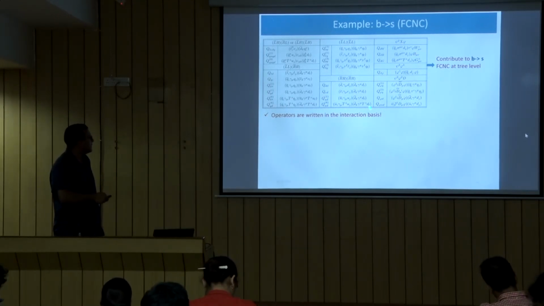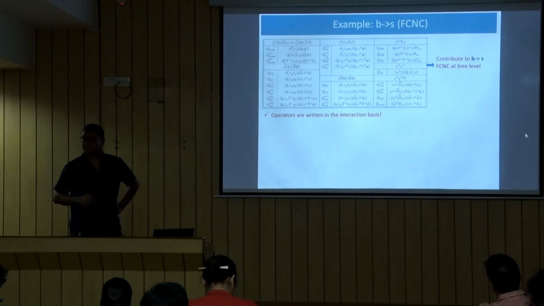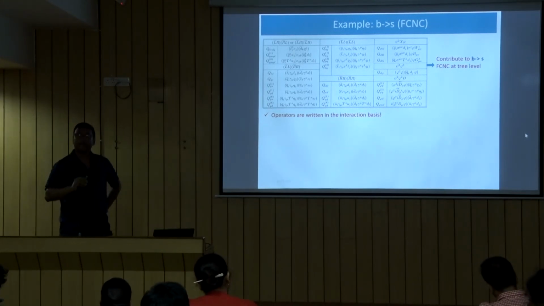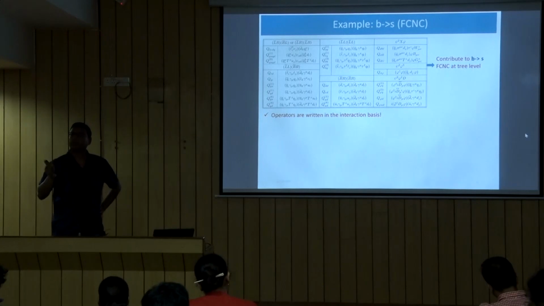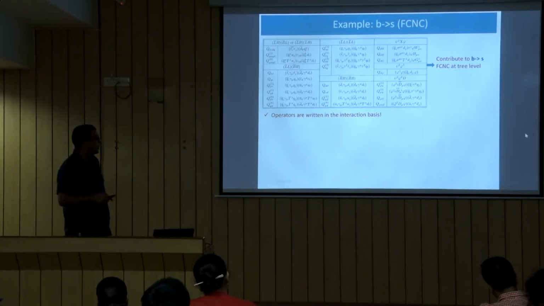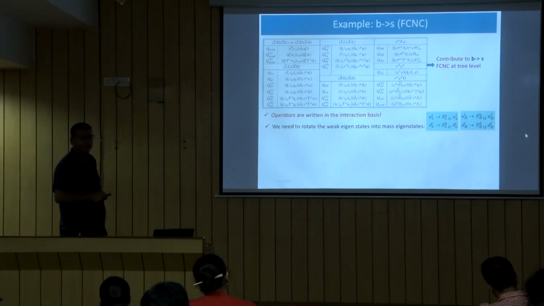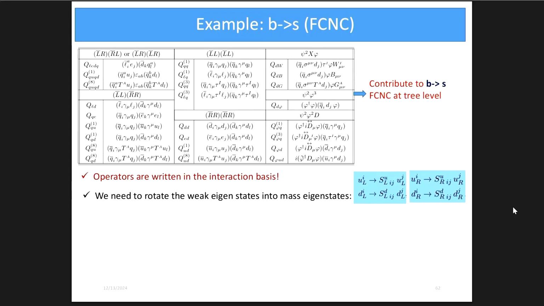So what do you need to do for that? You know the mechanism, right? You need to rotate the flavour, okay? And finally part of it will contribute also as a CKM element, but in general I am keeping it as just the rotation of the fields